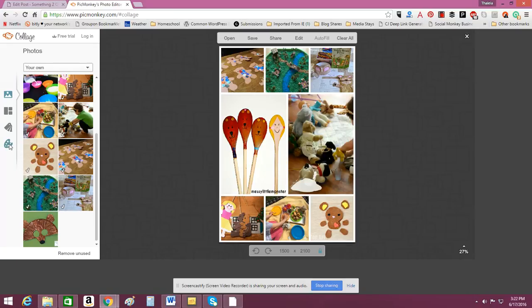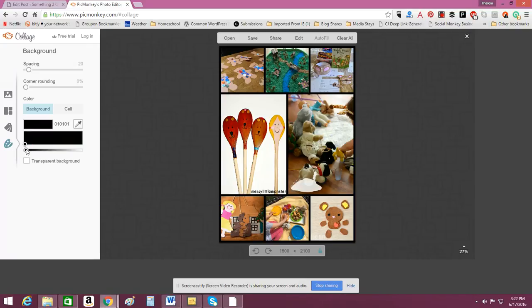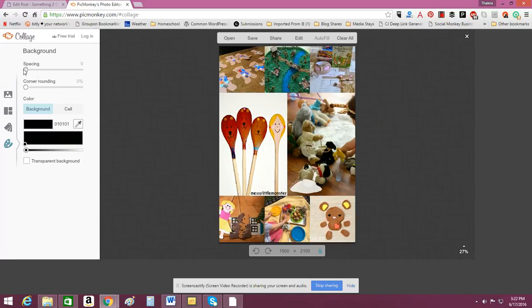Then I'm going to click over here, and if you click here, it'll make your background. If you notice the little black lines kind of separating, I actually am going to get rid of all of that. Up here at spacing, I'm going to drag it to the left, and it makes 0. Okay, then I'm going to get rid of the one here. I know that my blog is not super wide, so I'm going to just keep it at a 500 by 700